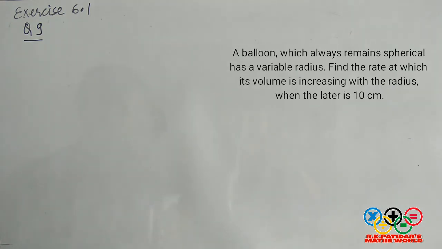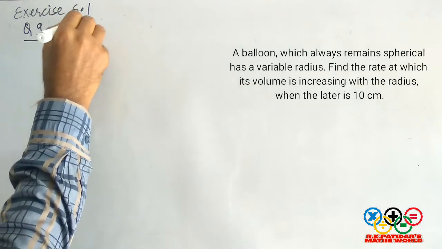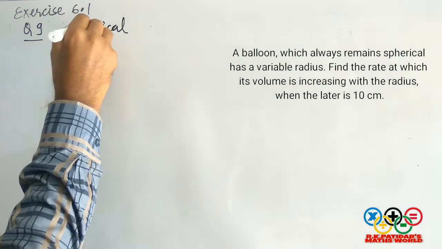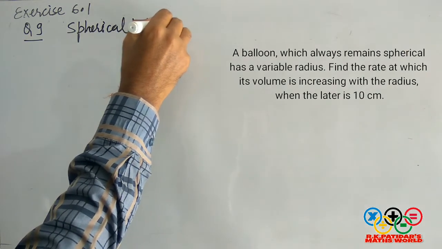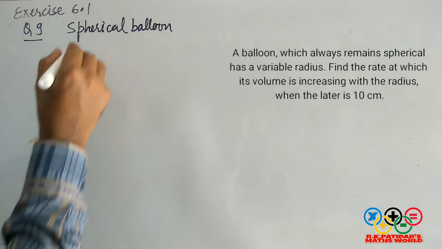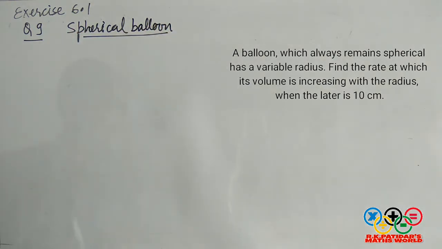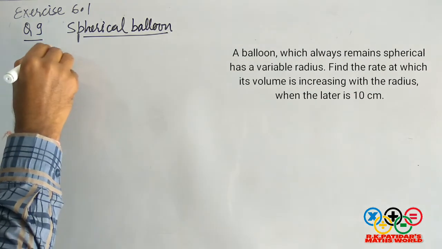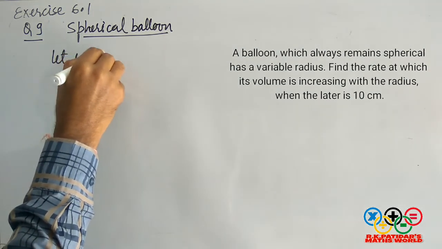A balloon which always remains spherical, means again we are talking about a spherical balloon, has a variable radius. Find the rate at which its volume is increasing with respect to the radius. We have to find out the rate of change of volume with respect to the radius when radius is 10 centimeter. So we assume here let radius